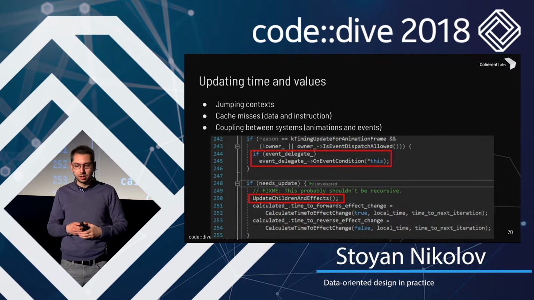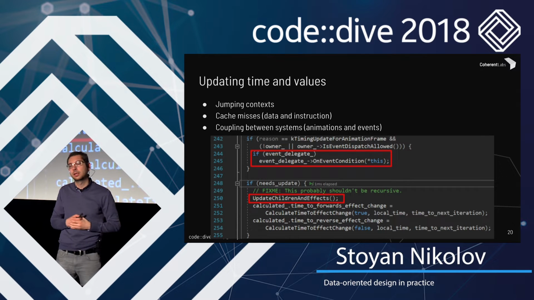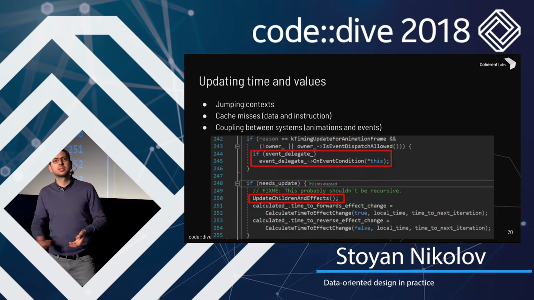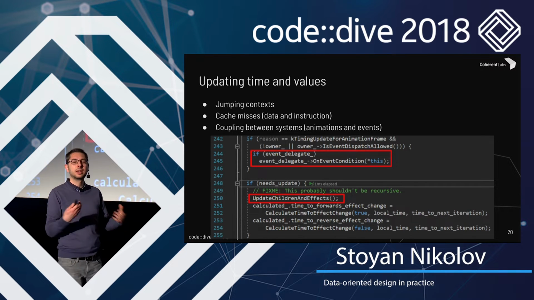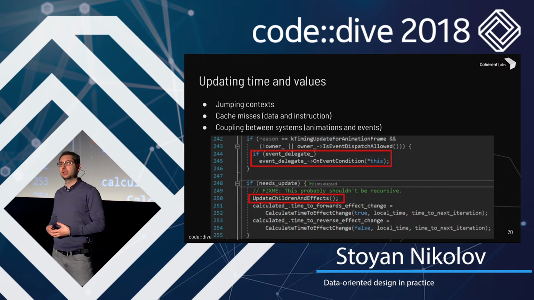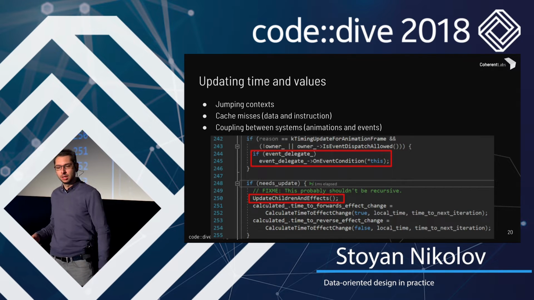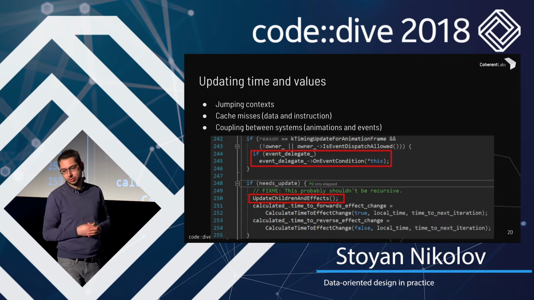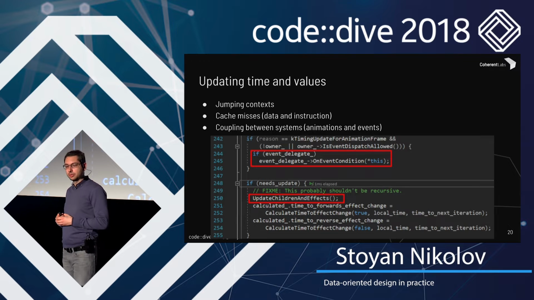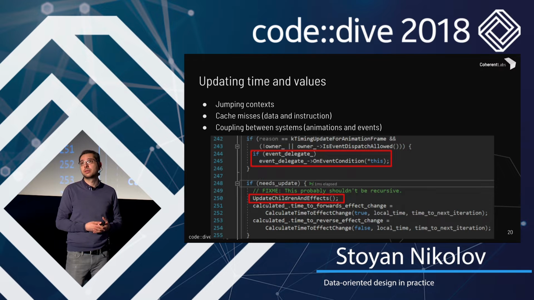Next up, we are going to update the time and the values of our animations. But before we do that, we see that if there is an event delegate, we'll be calling an event condition. So in some cases, the animations have to propagate some change or notify someone that something is changing. And this is a very common pattern in object-oriented programming. You delegate and you say something that's happening to someone else. But this again has significant repercussions, because if, for instance, that event delegate calls JavaScript, we'll have a very high performance penalty on this call.